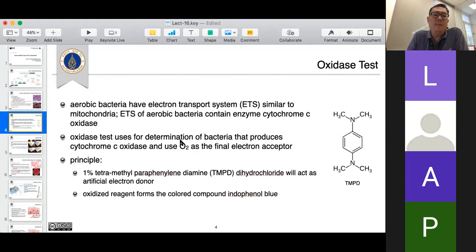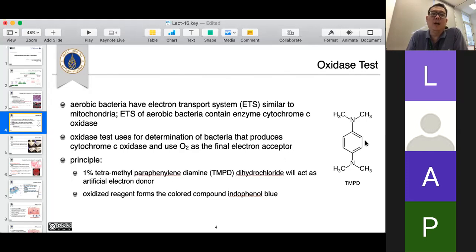But we prepare a chemical that mimics the system, that is TMPD, tetramethyl paraphenylene diamine, okay? This one can be an electron donor, sending electrons to cytochrome C oxidase, okay? Once it oxidizes, it will change the color to